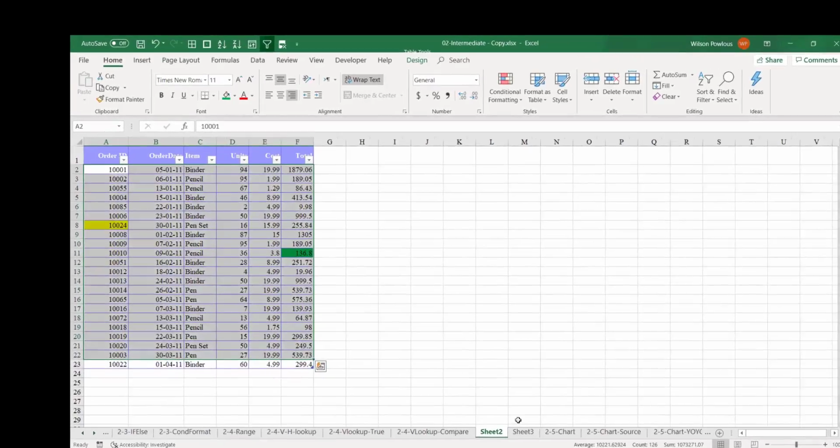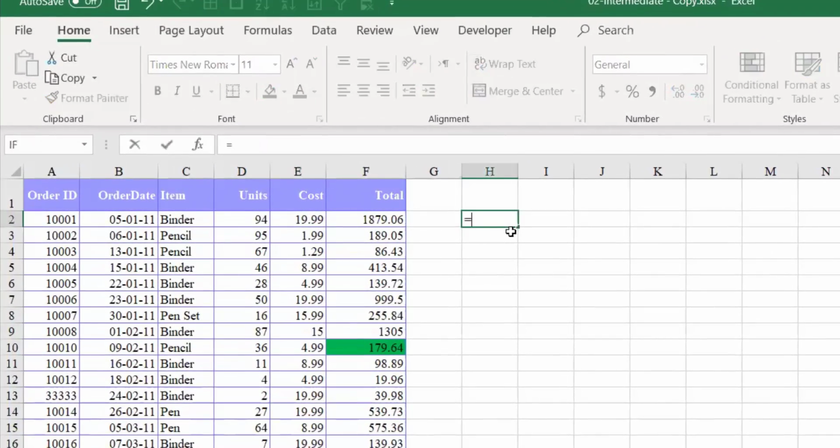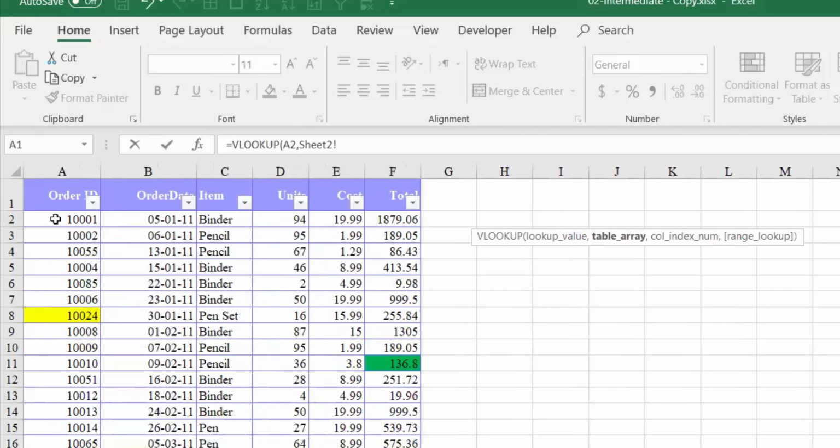Suppose this one I am comparing with sheet 3. Here again I will put equals VLOOKUP, and this lookup value, I want to look in, comma. When you press comma, there is a table array. Table array, you have to select from here. Okay.